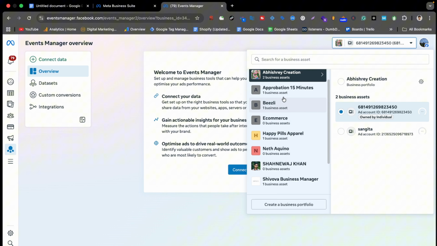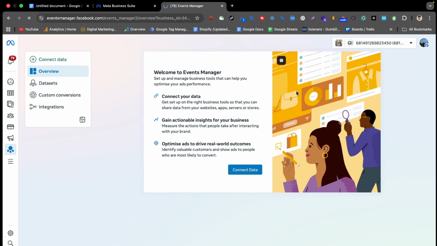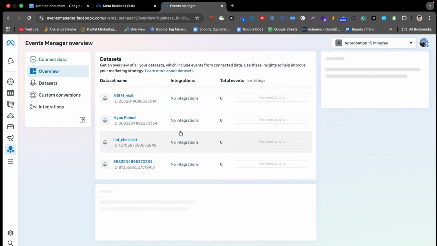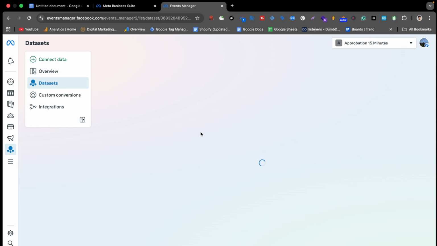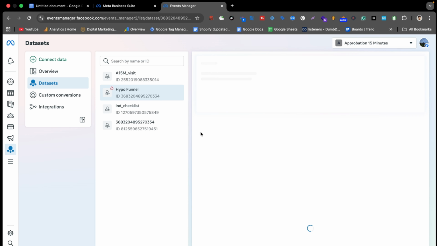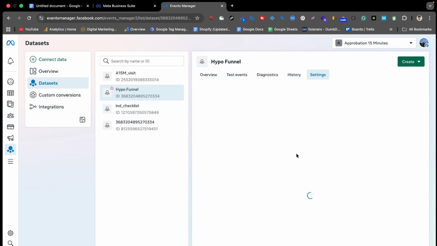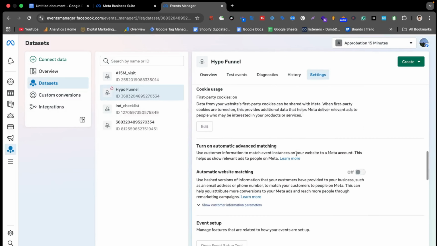So if we use this Business Manager, let me go. Select a pixel. If we go to the settings, scroll down,